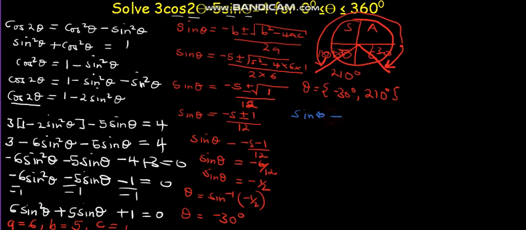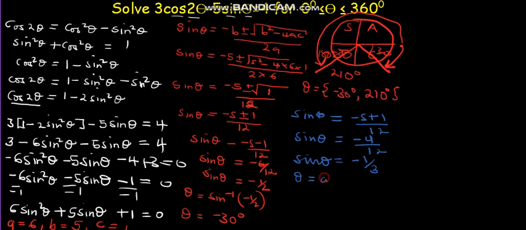is equal to negative 5 plus 1 out of 12, and sine theta is equal to negative 4 over 12, and sine theta will be equal to negative 1 out of 3. So we find the arc sine of a third, or sine inverse of a third, and the resultant will be, please press your calculators, the resultant will be negative